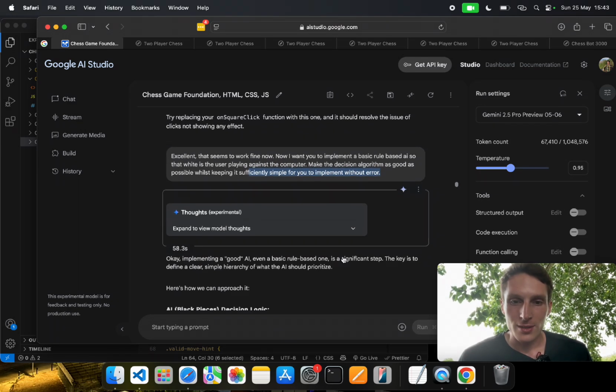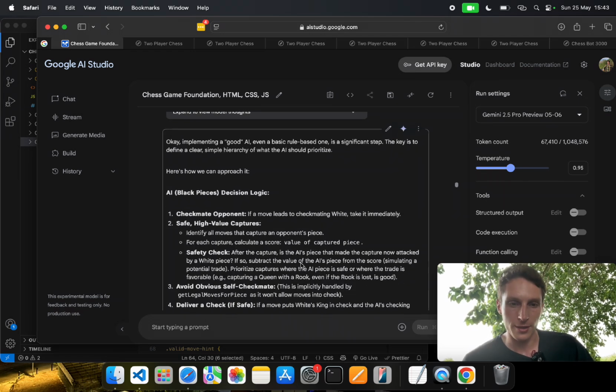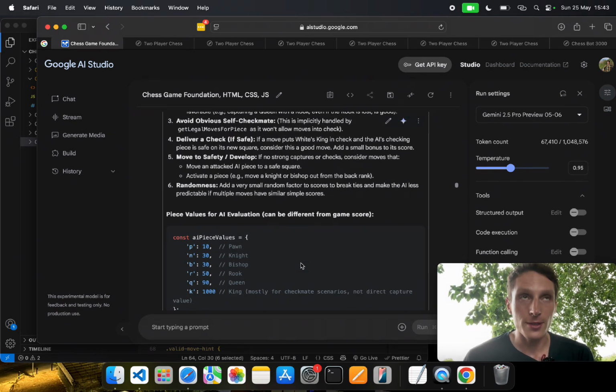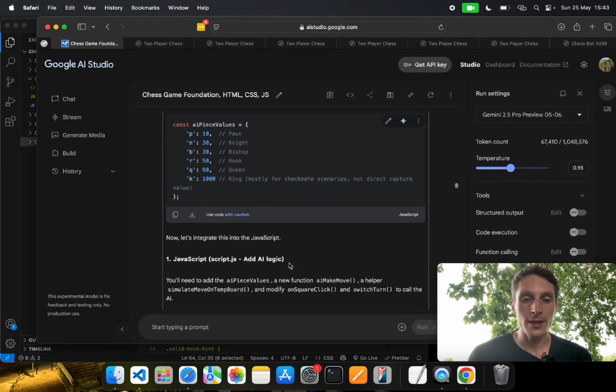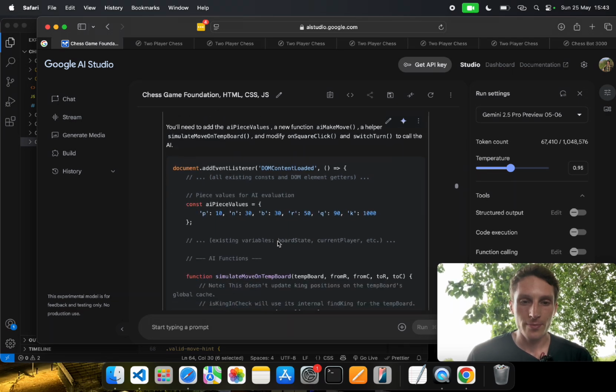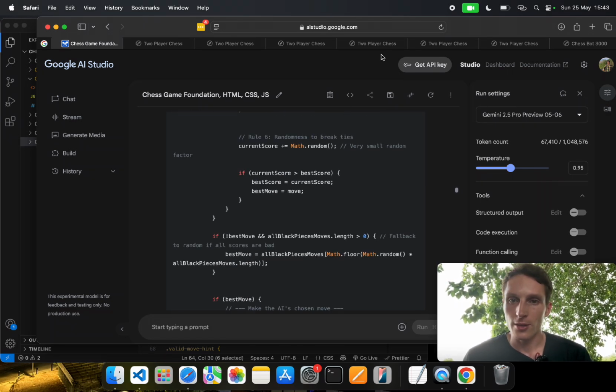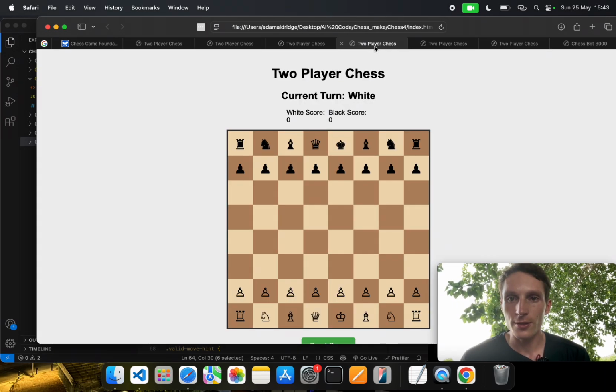Okay, so yeah, it's a significant step. The key is to define a clear, simple hierarchy of what the AI should prioritize. Okay, so it's not using any deep learning, it's just using a basic rule-based AI. And same story, it gives the code, copy and paste in Visual Studio Code, and